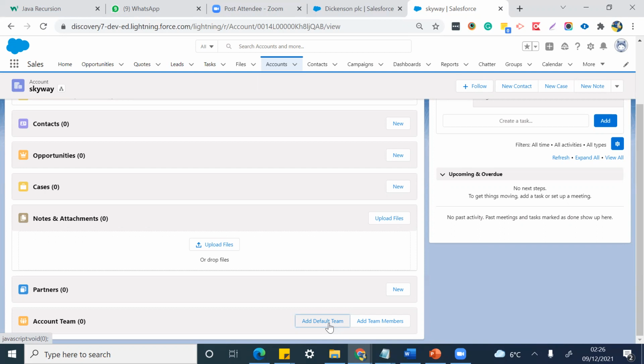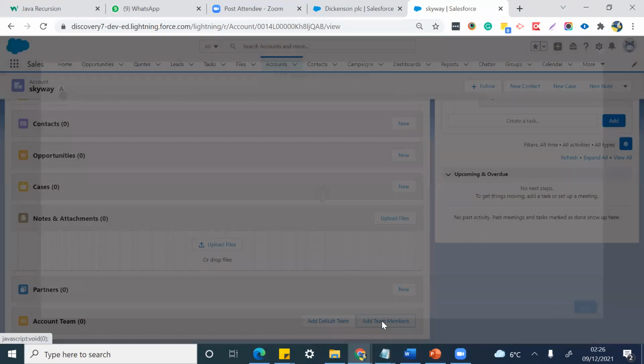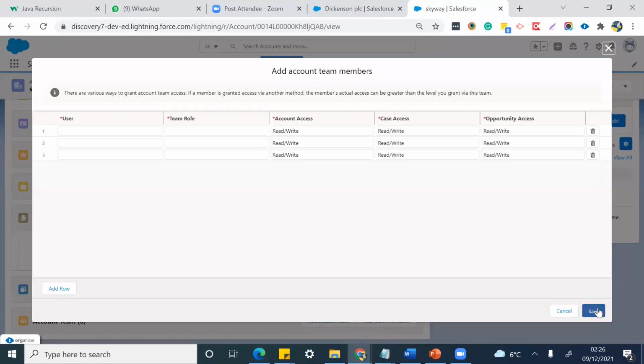Yeah, madam. That's what I want to show you. Okay. Now you can show a person. Oh, okay, sir. Thanks. In this case, what you can do, you can add team members manually here, not a default. Yes. You can add it manually so that people can work on it. Okay, madam.